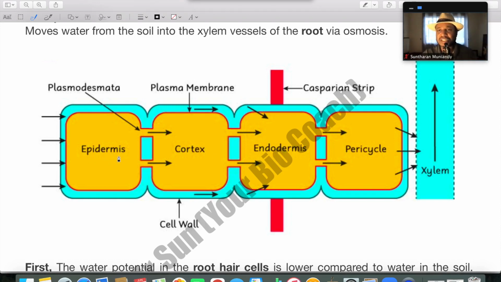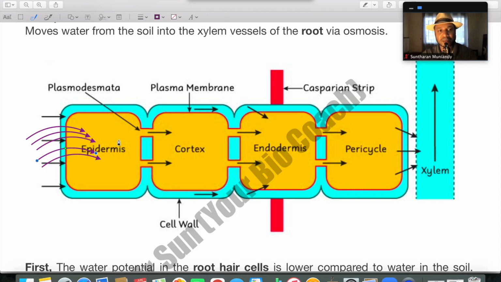First, the epidermis cells conduct active transport. They use energy in the form of ATP to pump in mineral salts and ions. They keep on pumping mineral salts and ions against the concentration gradient. You know how active transport works. So these epidermal cells pump mineral salts and ions from the soil into the epidermis cells against the concentration gradient,